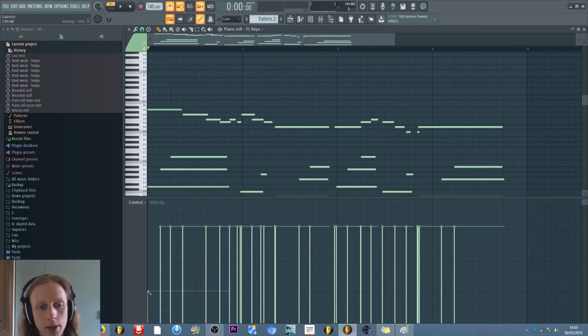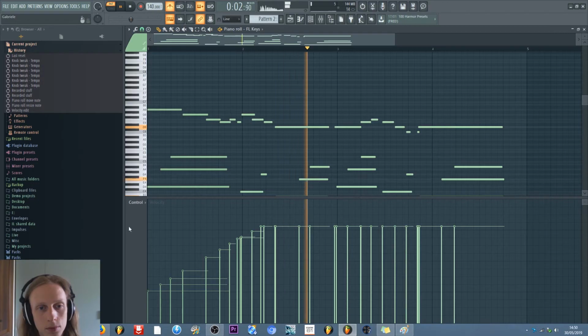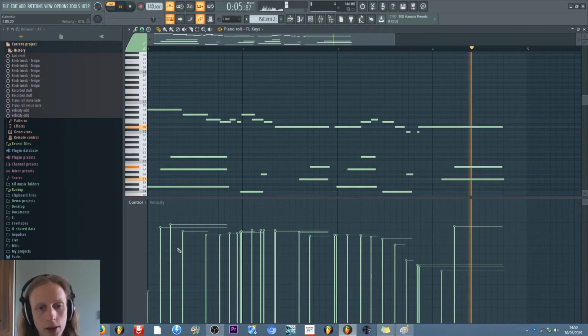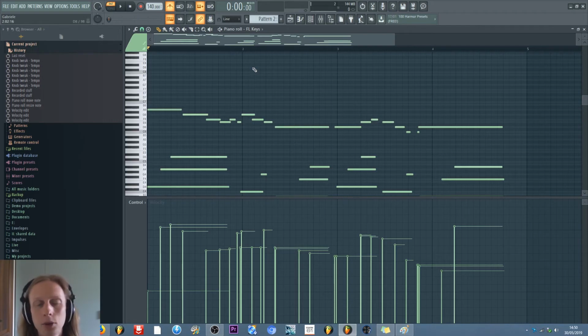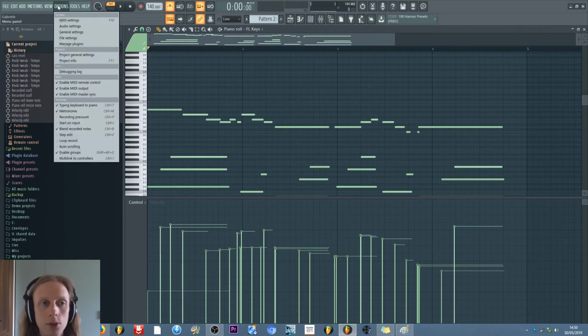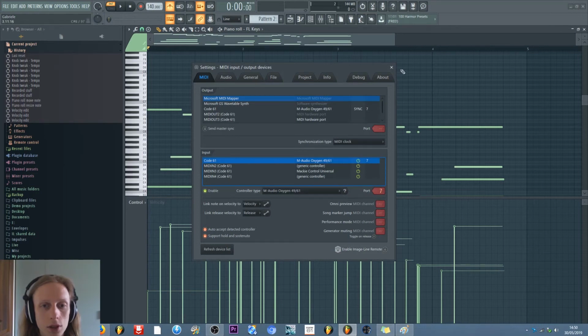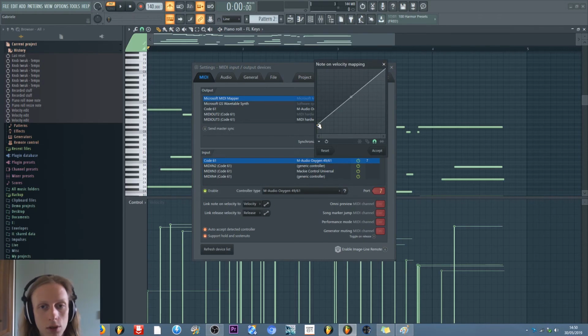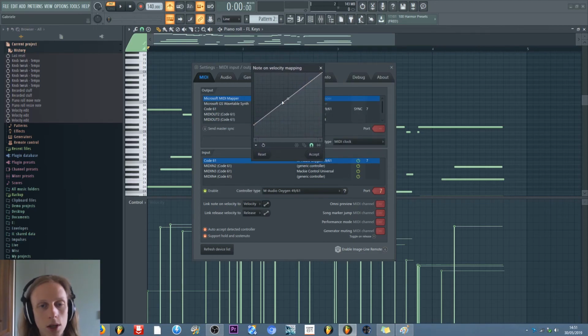So, for example, you can change the velocity in this way. Depending on what you need and your keyboard, you can change the velocity curve. So in the option MIDI velocity, click on this button and you can change the velocity curve. Once you have found the right curve that works well for your keyboard and for you, click on accept